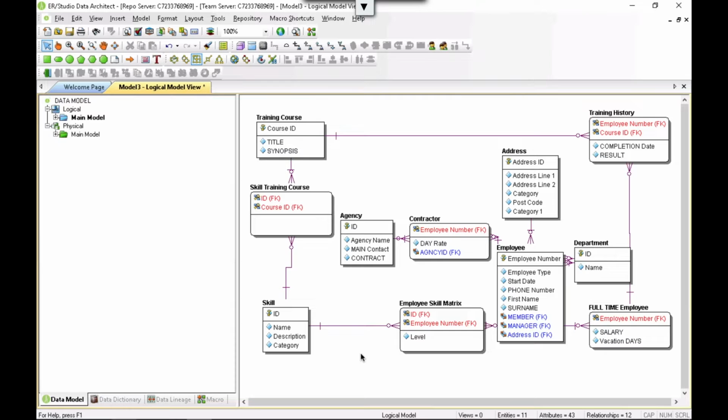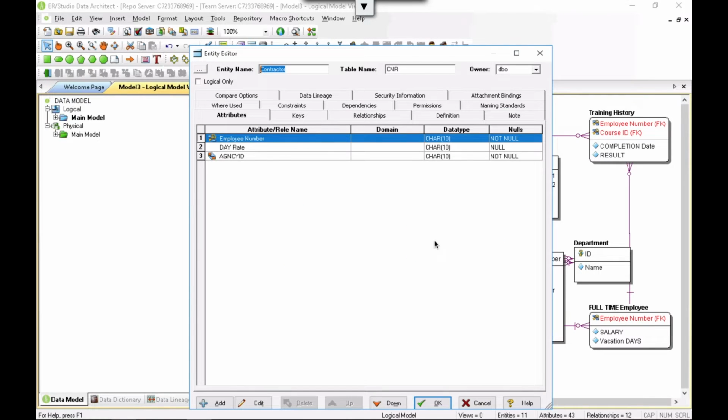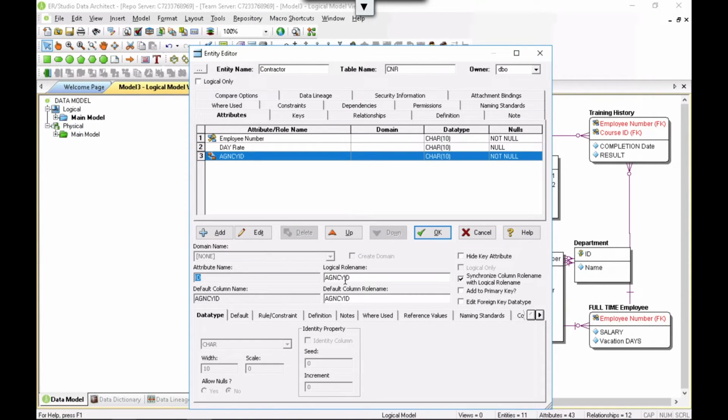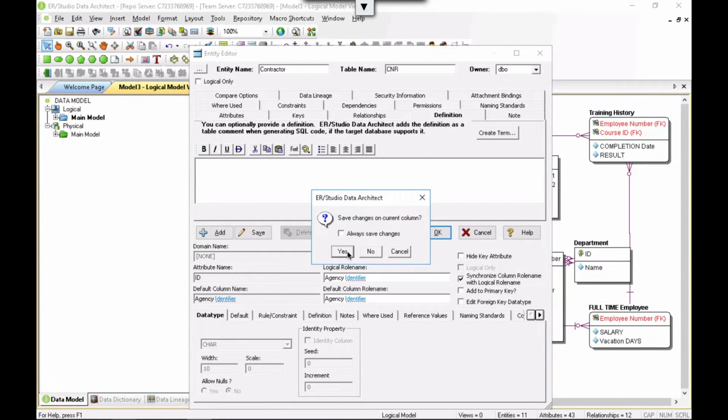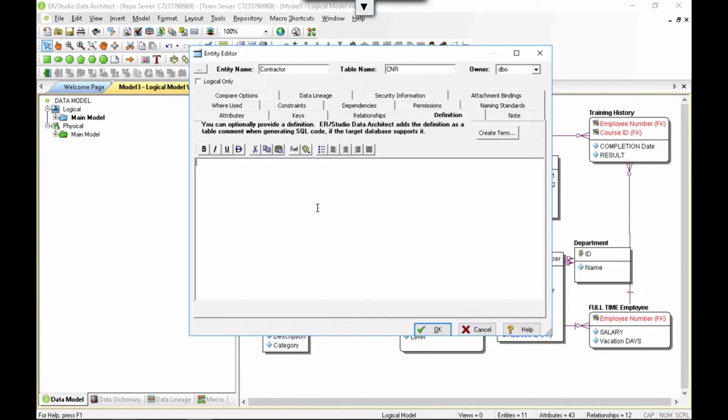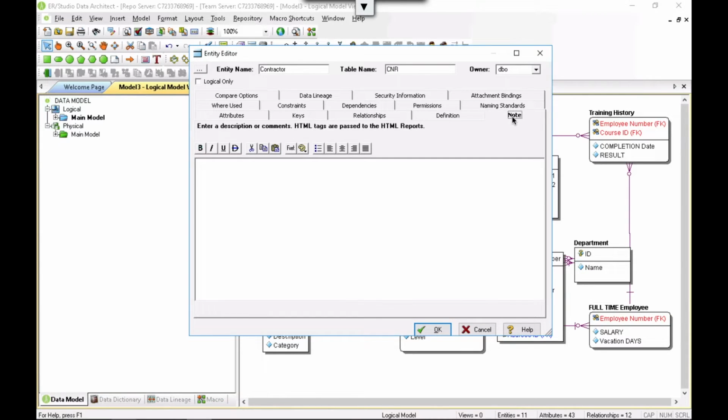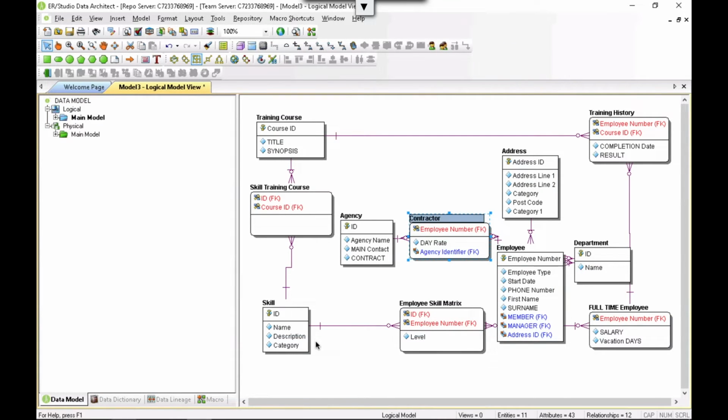So not all the table and column names have been fully expanded by the naming standards template. So the first job is we maybe edit some of those column names and give them proper logical names. So here, apply agency identifier. We could also go through and attach definitions to our entities and columns and textual notes. We can also start applying properties to our modeling objects,